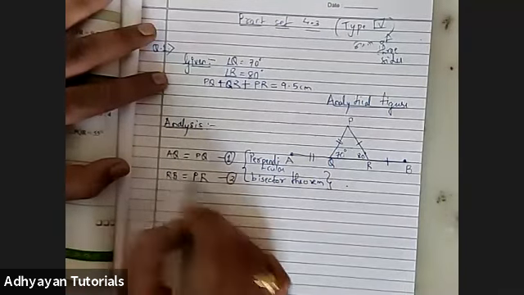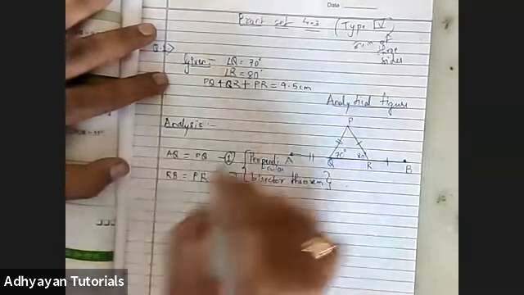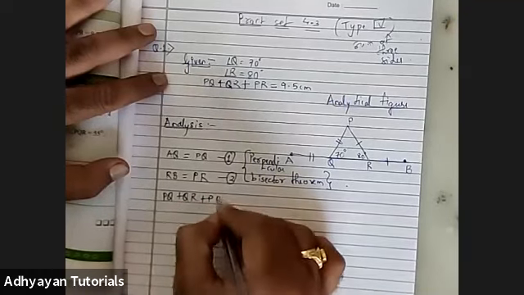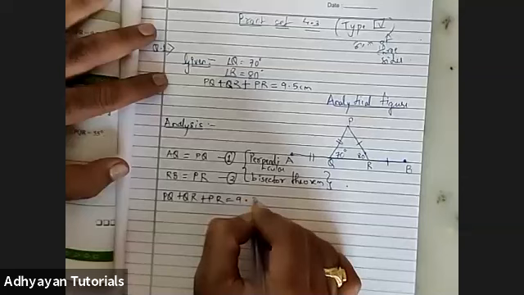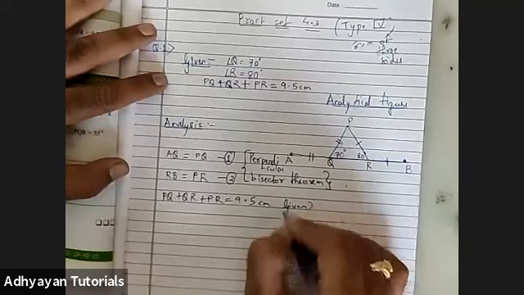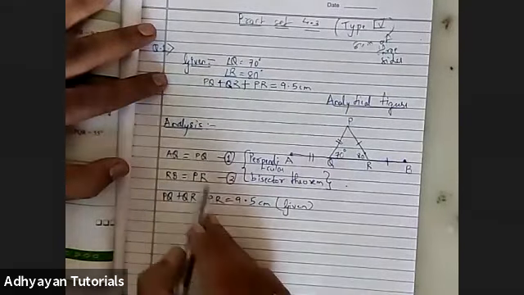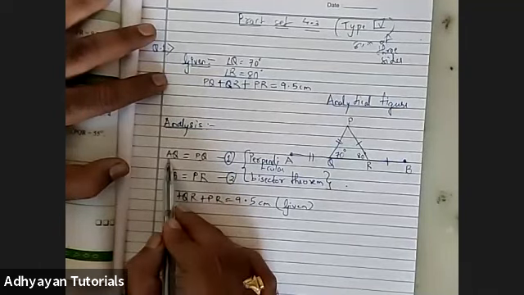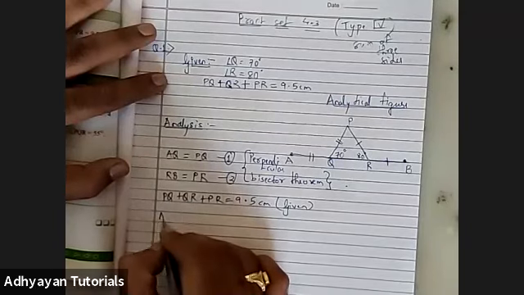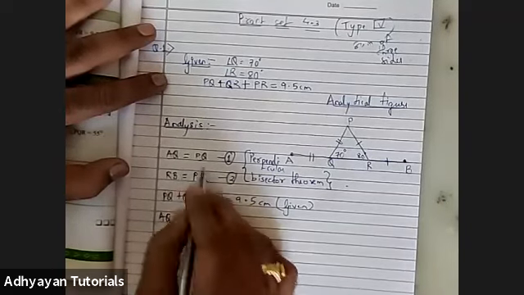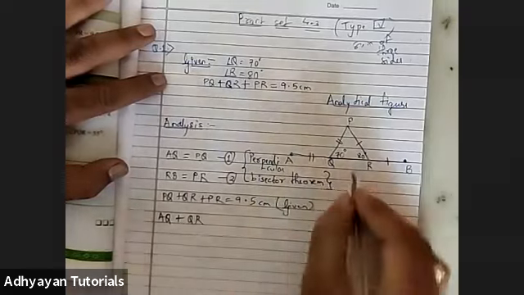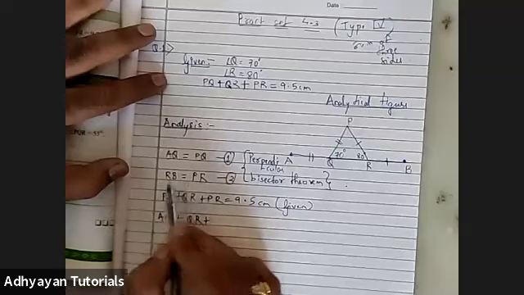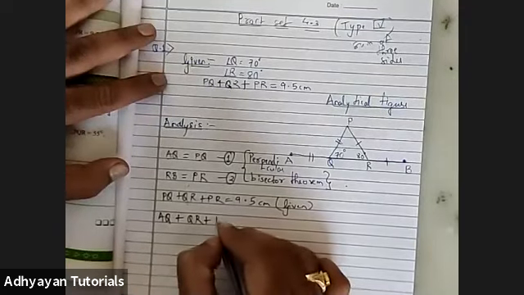Wow, Harshit, congratulations. Okay, now children, once we have completed the assumption, we write the given part. That is PQ plus QR plus PR is equal to 9.5 centimeter. That is given. Now if you look, instead of PQ I can write AQ. QR will be kept as it is since it is not equal to anyone, and PR, children, is equal to RB from our assumption. So instead of PR, RB comes in.